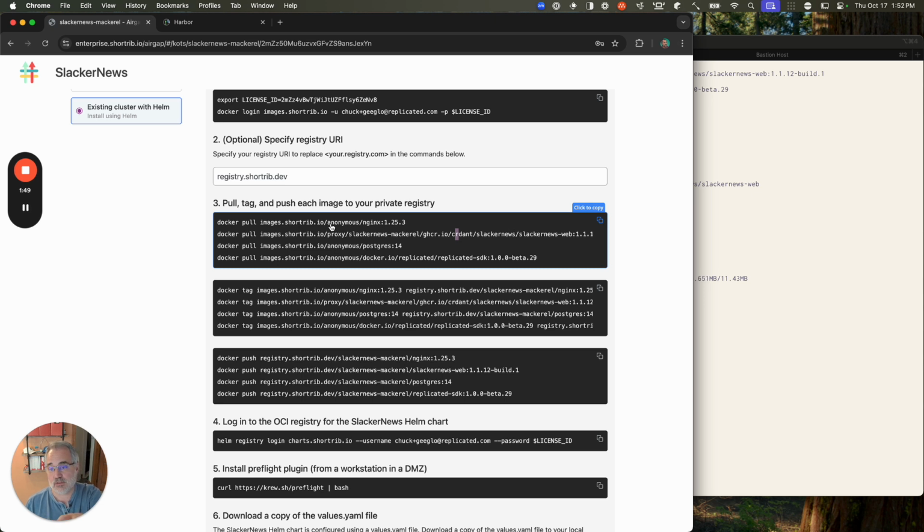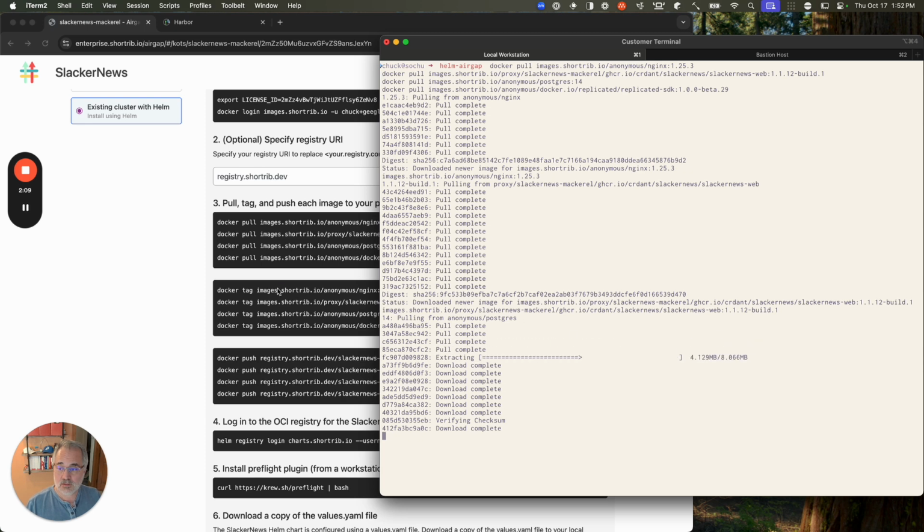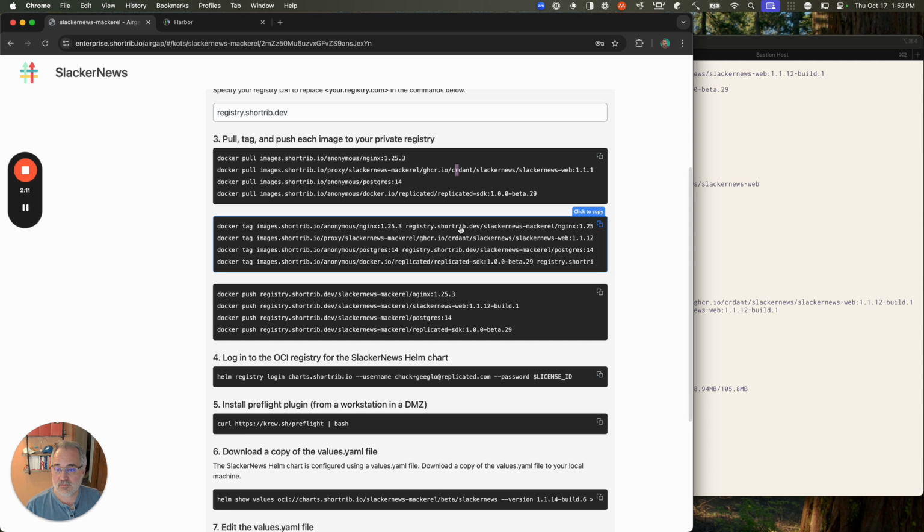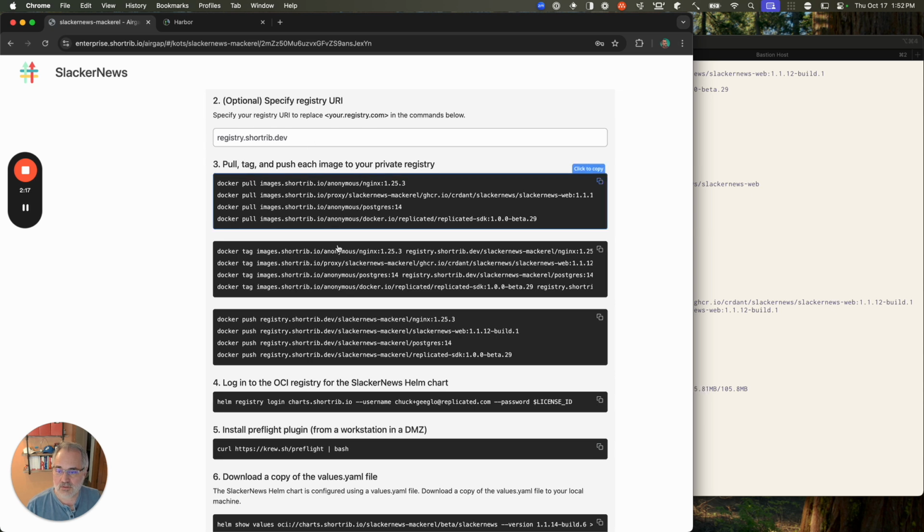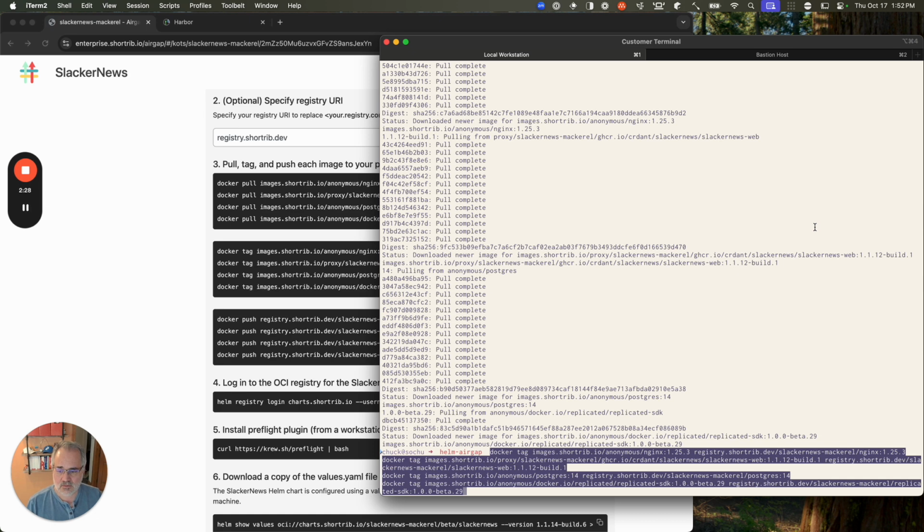So this is going to be the complete list of images that you want to make sure your customer moves from the internet to their air-gapped environment's registry. In this case, I'm not physically air-gapped, but I have a pretty tightly isolated network that can only access my internal registry and be accessed from certain hosts within my network. So those images are pulling over, and after they've pulled, I'm going to tag them. You can see by entering the name of my local registry here, these copy-paste commands have my registry name filled in, a nice little nicety for me. Just grabbing the last one there for the Replicated SDK. So I tag all of them,